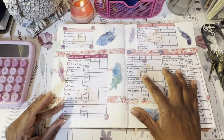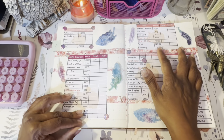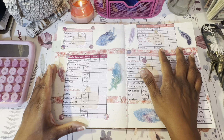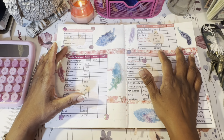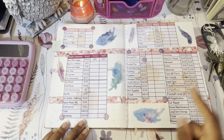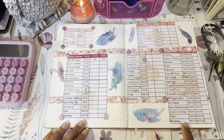Now, what I like to do is I like to know the total of each one of these areas like the back of my hand. So I know the total every month that my debts look like. I know what my expenses look like. And leisure I play with, and sinking funds I try to keep the same because I set this up as